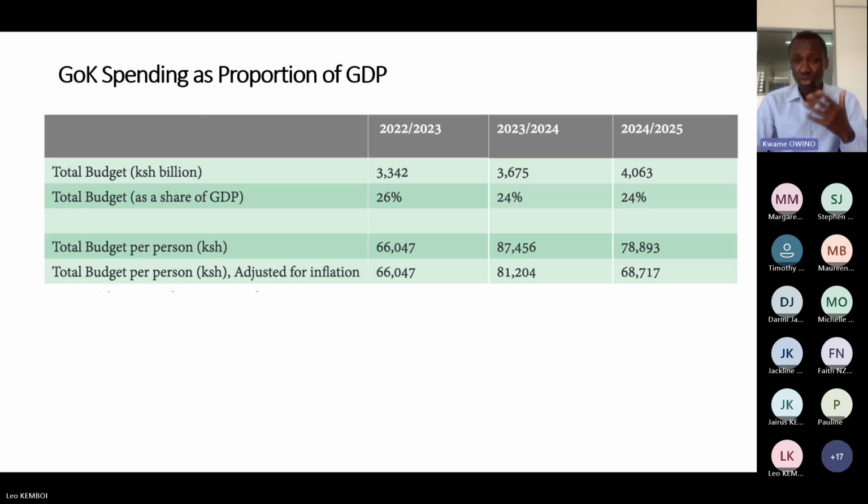2023, over time. So it's telling you that the amount of money that the government of Kenya is spending is actually, in nominal terms, increasing, even if its share as a total of the gross domestic product reduced by about 2 percentage points. So in 2024, the government of Kenya would expect to have taken a little bit more money. But what this is basically arguing is the size of government